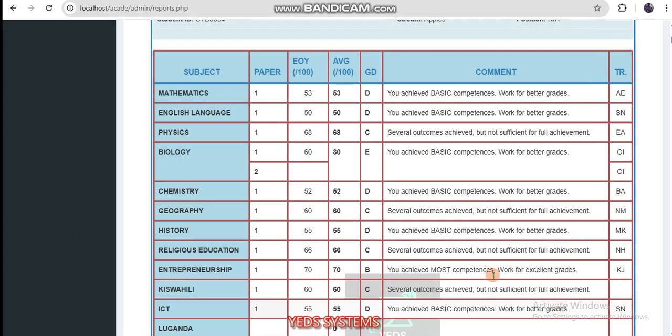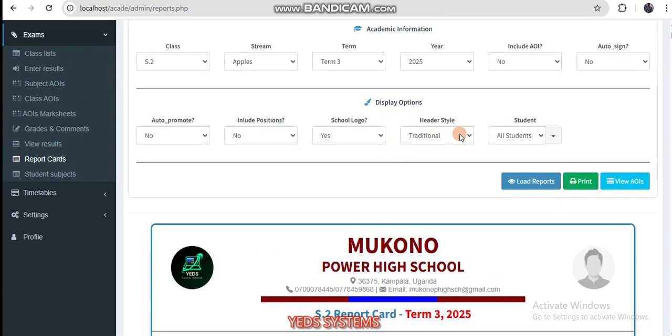You see? Remember, we have not talked about the different headers. In case you want to change a header from this to another one, you simply change and you load, and your header will look exactly